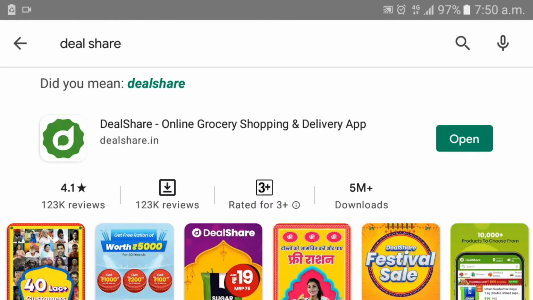Now the DealShare app is installed on your mobile, so you can open it. Just click on open.